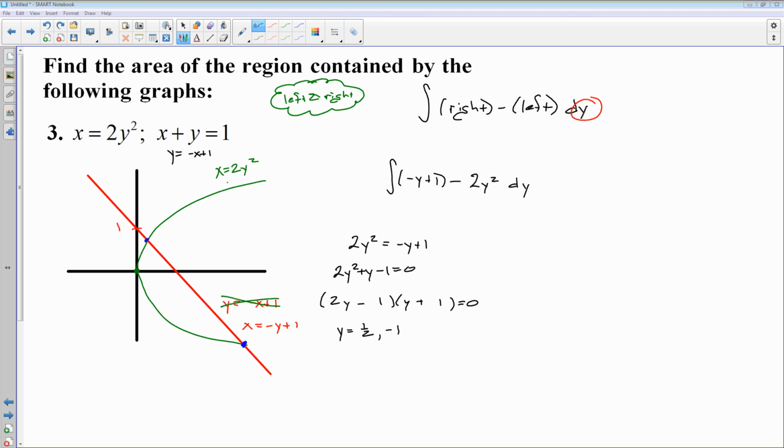There we go. So I got my points of intersection, and I got y coordinates of negative 1 down here all the way up to positive 1/2 up here. And those are my limits of integration. So negative 1 up to 1/2. Then just for the sake of making this integral aesthetically pleasing, I'm going to drop those parentheses, negative y plus 1 minus 2y squared. And then we will do the antiderivative, plug in the limits of integration, and find the